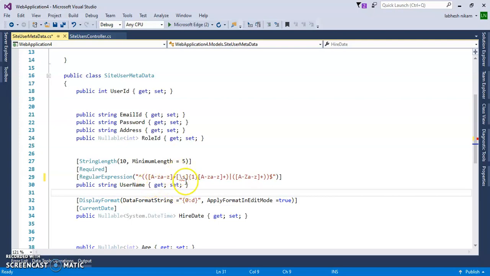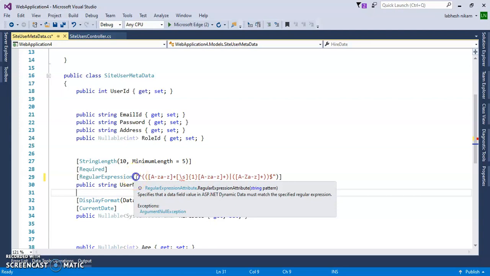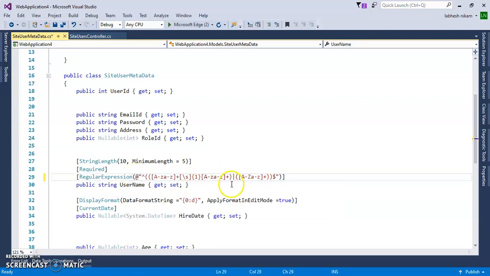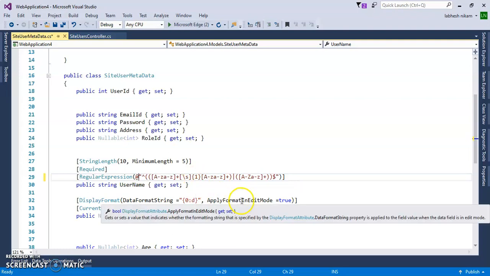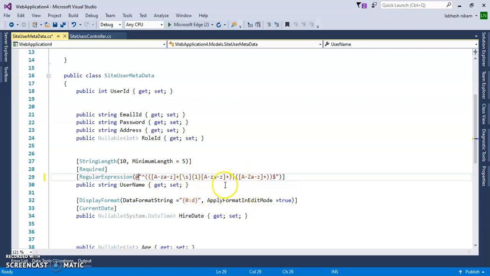So to remove this error we have to write the @ symbol. This contains capital A to Z and small a to z alphabets for the first name, and for the last name we add one space. If the last name is not available, then an or symbol, and the first name with the dollar. Let's try it.